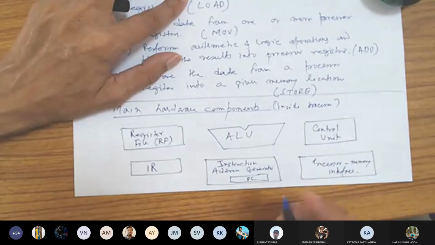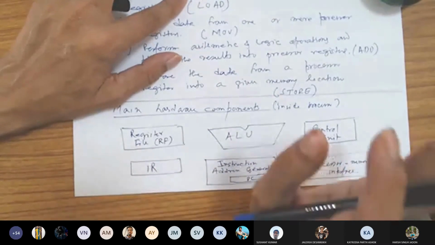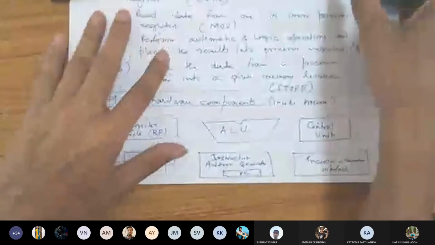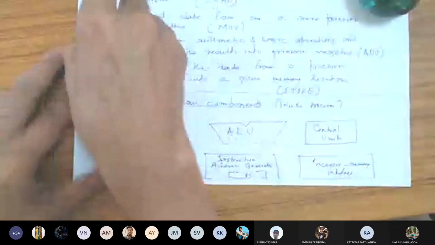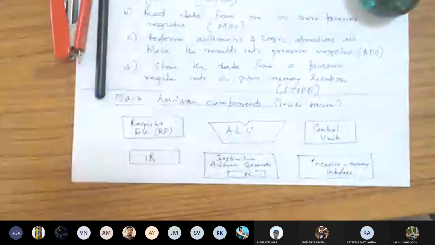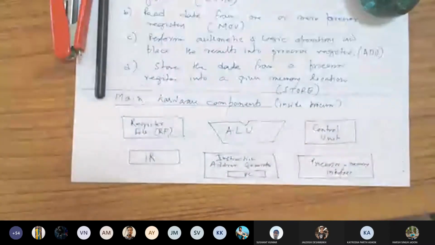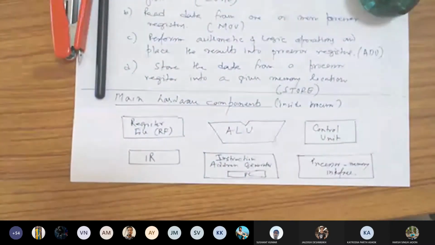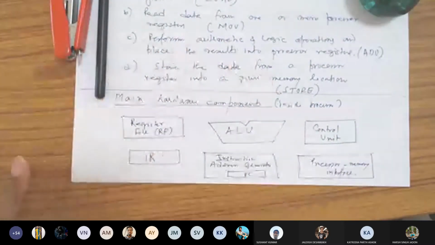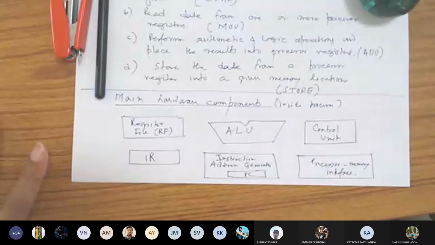It must be clear in your mind why these components are logically needed, how to connect them, where to put them. That's the part of the architect. That is what we are going to do. But obviously you must agree that we require these components at least. We may require some more components, but these are the basic requirements. We need register file to temporarily store data.